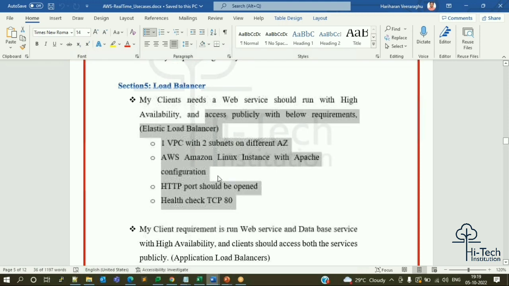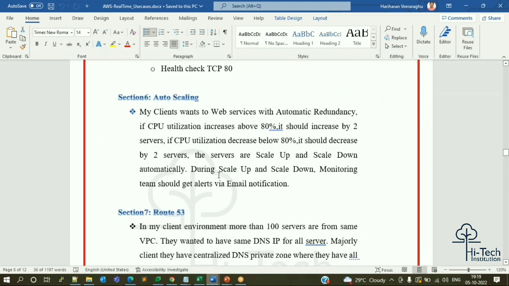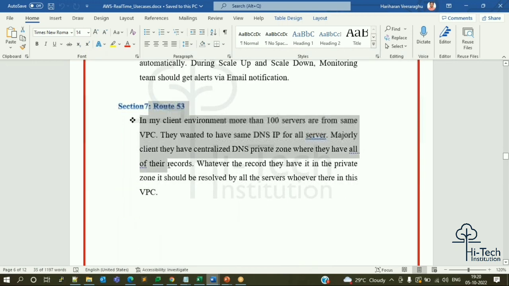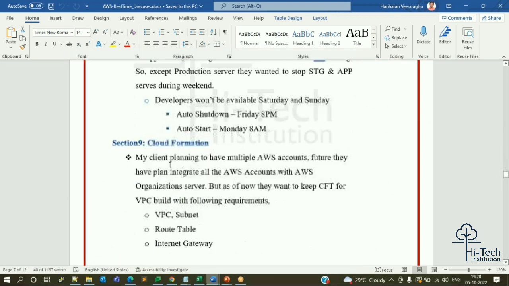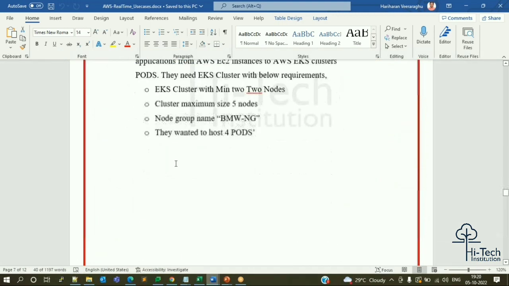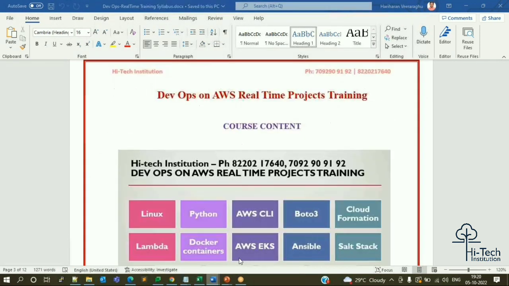By attending this kind of scenario-based training, you can portray a minimum of 2 to 3 years of work experience in your profile, which means AWS DevOps 2 to 3 years of work experience. Keep that in mind, very important. You'll be eligible since you are learning all the real-time use cases here. Section 6 will be dealing with auto scaling. Section 7 will be dealing with Route 53. It will keep going. Every topic, on a daily basis, will be dealt with real-time project use cases. We also have cloud migrations as well.